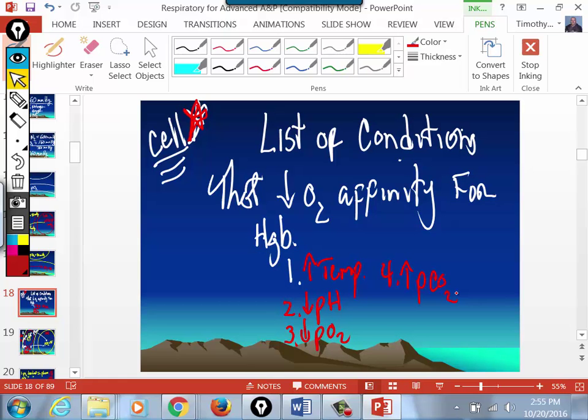All of these conditions will cause oxygen to dissociate from the iron on hemoglobin. And the more of these conditions that you have at the level of the cell and systemic capillary, the more oxygen that will be delivered to the cells. Now,